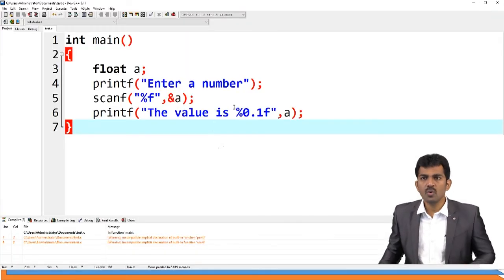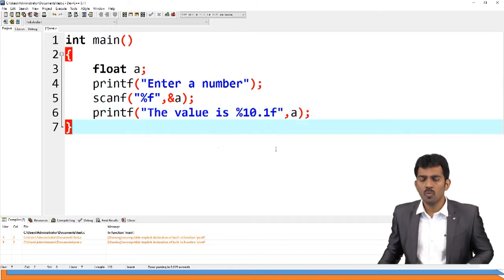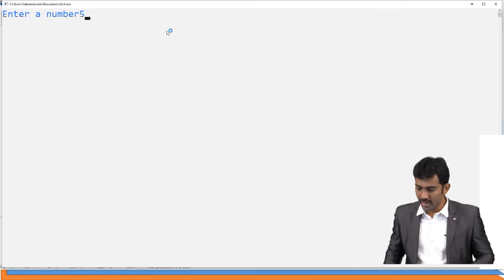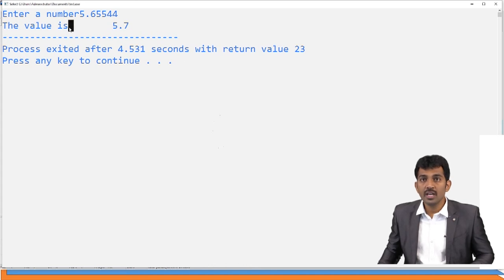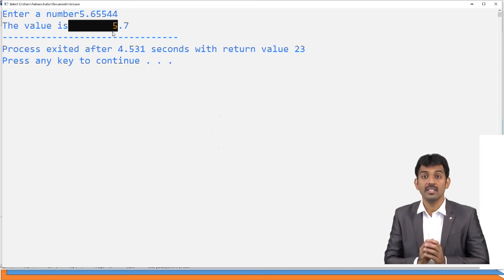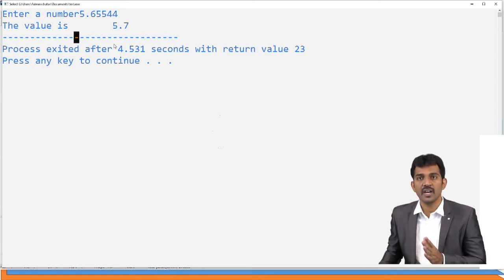And also, what happens if instead of 0, here I use 10? What is the result? See, if you run this code and give 5.6 or some value, it is going to give 10 spaces including the value it prints. 10 means 9 spaces and 1 number.